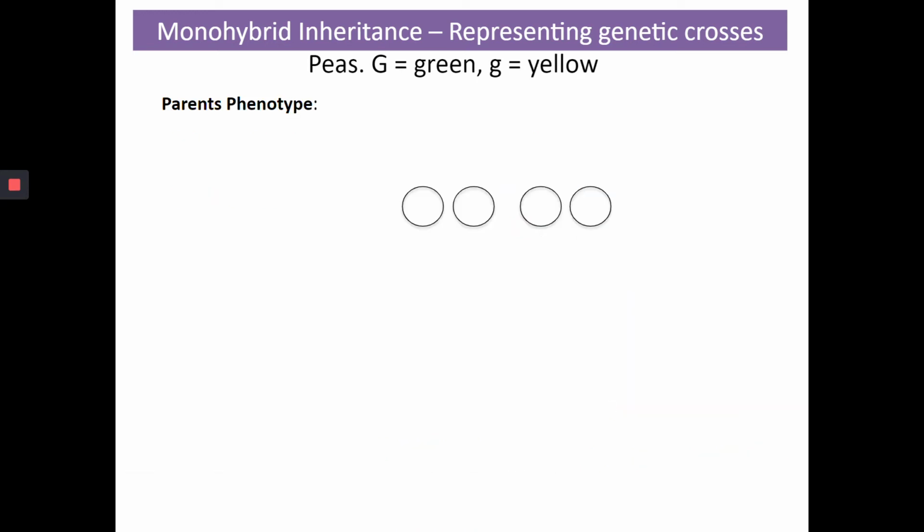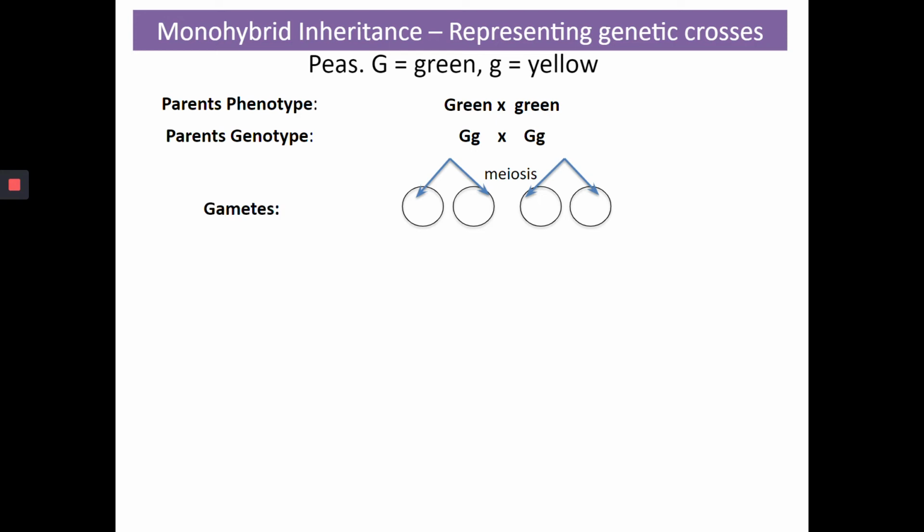So my parent phenotype will change over here. I'm going to take two green F1 plants whose genotype would be this. I'm going to predict, when meiosis happens in these plants, what kind of pollen and embryo sac they will produce. If you notice, because they are heterozygous, they will produce two types of gametes. One will have dominant allele, one will have recessive allele.